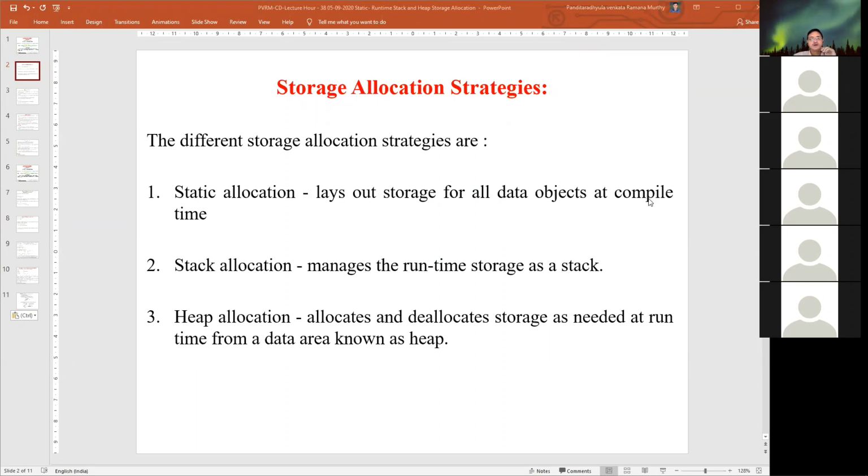Whenever a function call moves from the caller function to the called function, and onwards to any number of levels, that will be stored on the stack. So the stack storage allocation happens at execution time or runtime, specifically during function calls or dynamic memory allocations. We know these two.